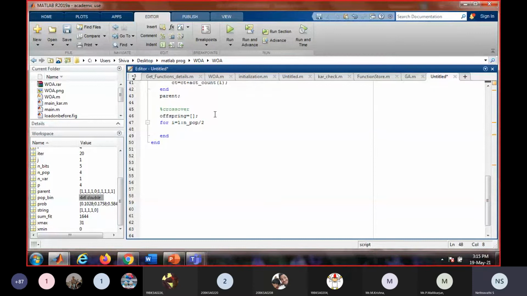Parent 1, parent 2, parent 1, parent 2. So parent 1 is the first row, and parent 2 is the second row.